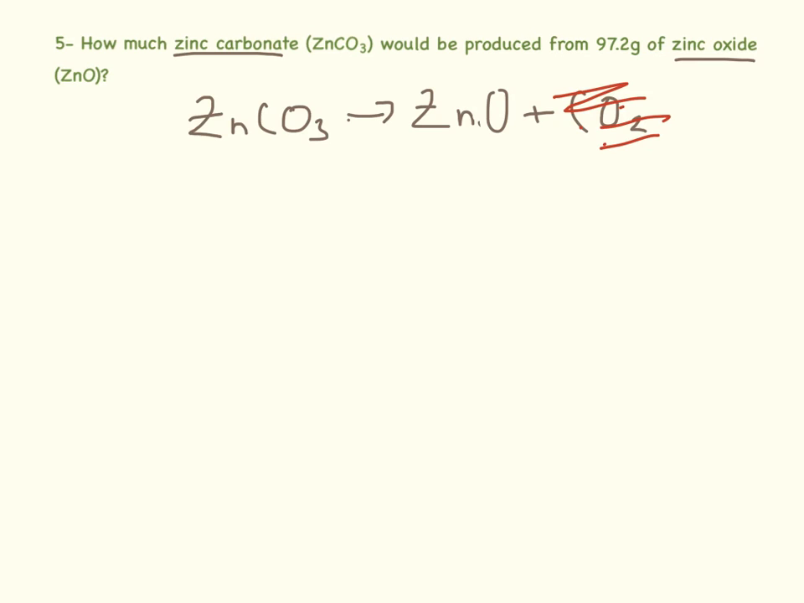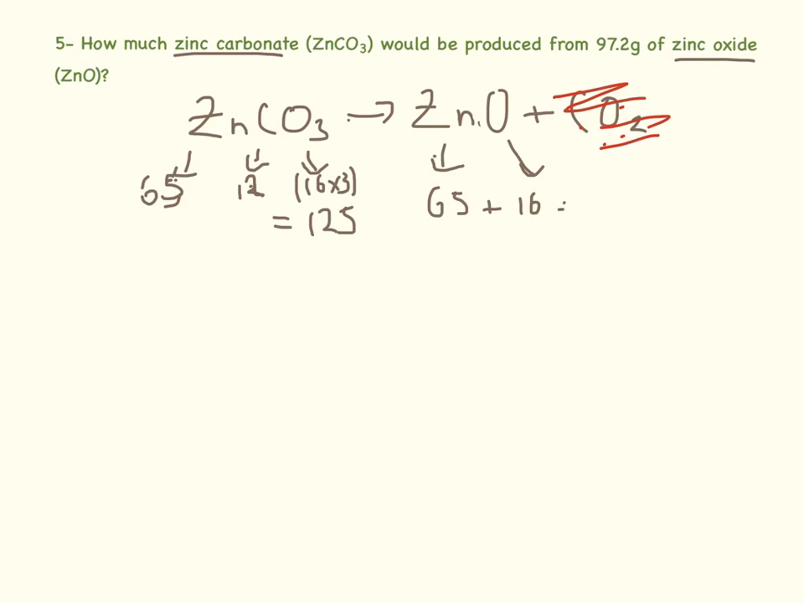So the mass of zinc is 65, carbon is 12, sorry my pen's playing up a bit, oxygen is 16, and we have 3 of those, so altogether that equals 125. Now we need to do the same with zinc oxide. Zinc is 65 plus oxygen, which is 16, which equals 81. So we know in a perfect situation, if we had 125 grams of zinc carbonate, it would make 81